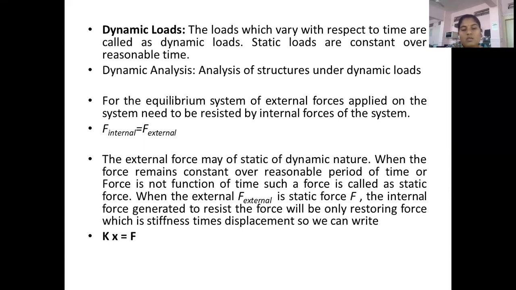When the F external is a static force, the internal force generated to resist the force will be only a restoring force,